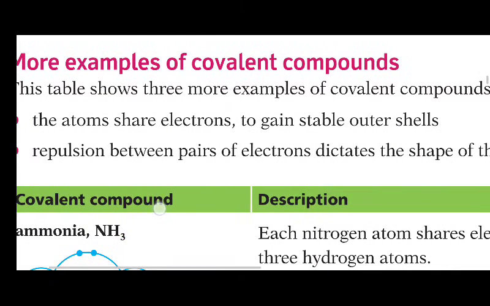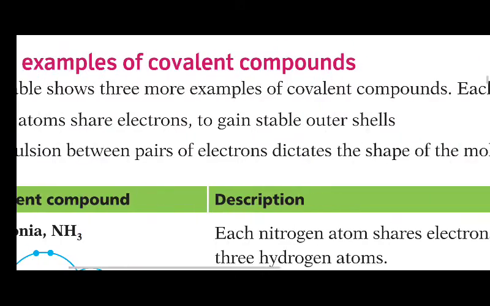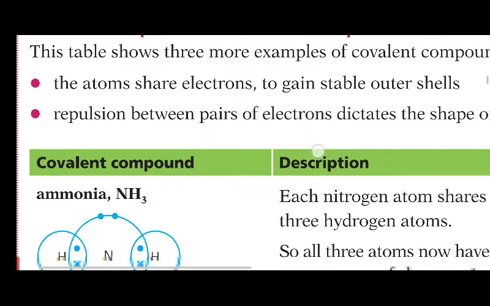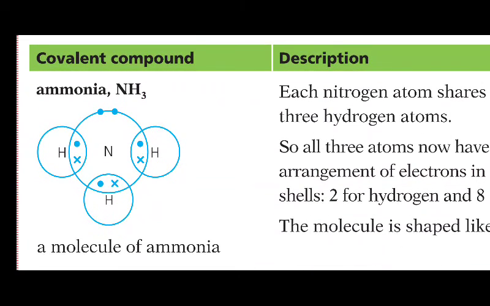Repulsion between pairs of electrons dictates the shape of the molecule. We'll talk about that later. But for the meantime, let's look at this covalent compound, ammonia. So ammonia is